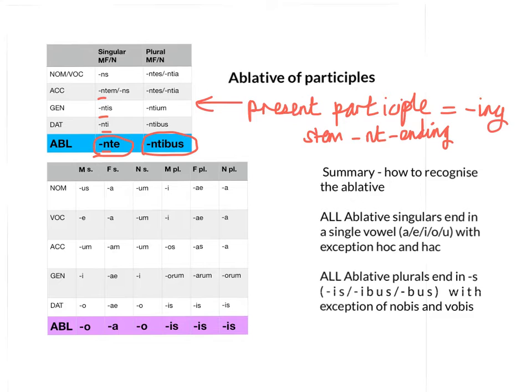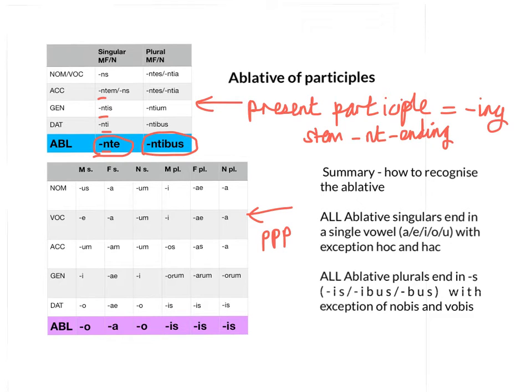Now, other participles have an us, a, um pattern of endings. That is, they decline just like the adjective bonus, bona, bonum, and all other adjectives like it. If you read the table vertically, you'll see the pattern of endings which is identical to second and first declension nouns. And if you read the table horizontally, it should look just like your bonus, bona, bonum, and similar endings. And this table here is the set of endings which you will find on